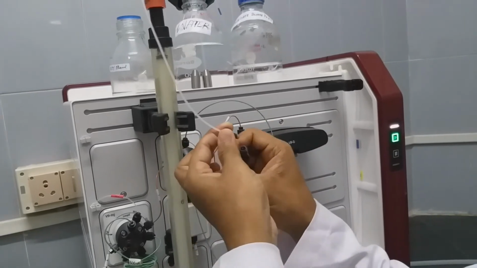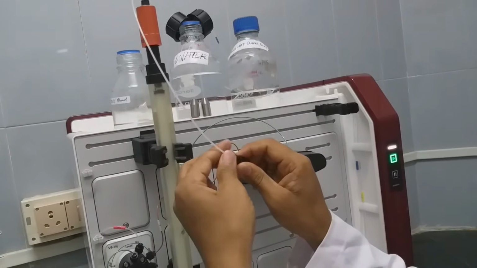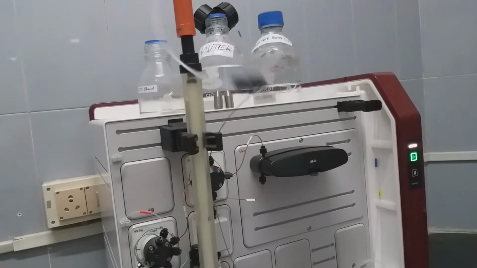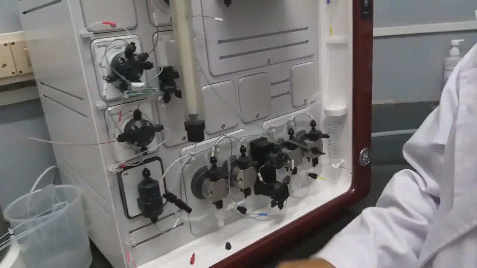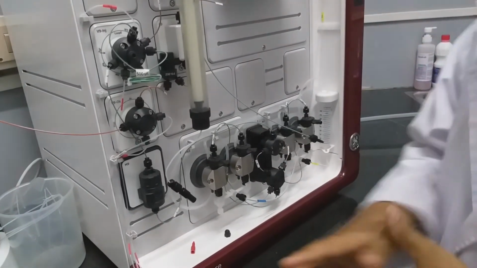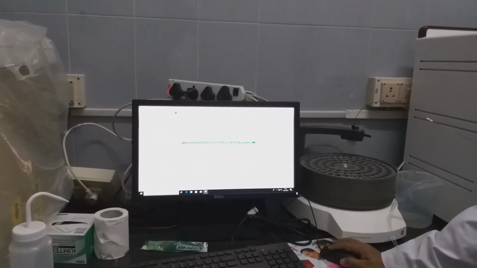With this buffer itself you just directly connect. After connecting, you have to take out the lower portion of the column, otherwise it may burst, but that is not the case, because if there is any high pressure, you will get an alarm.